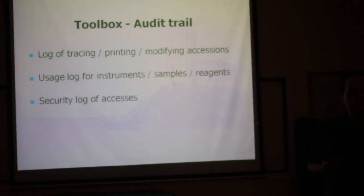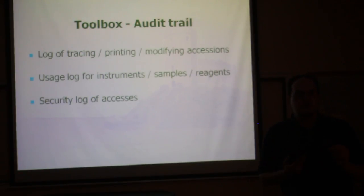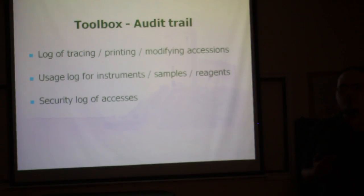Having an integrated audit trail in your system allows you to track who has been viewing, printing, or modifying accession demographics or order information in the system. Allows you to trace those modifications and determine what the root cause of any particular abnormality might be. This auditing can include usage logs for how often your instruments have been used, how often particular tests have been run,